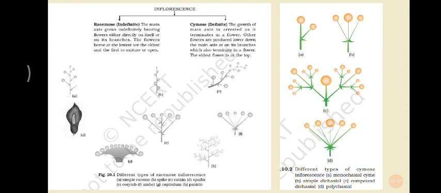Inflorescence has a modified shoot which bears a cluster of flowers, that is called a peduncle. Remember, the peduncle is the axis of the inflorescence. On the basis of the axis of the inflorescence and the arrangement of flowers,